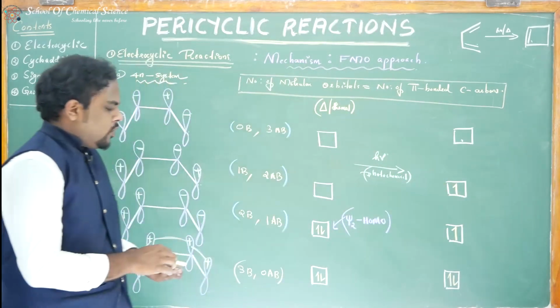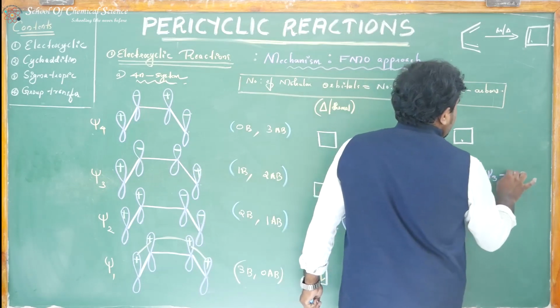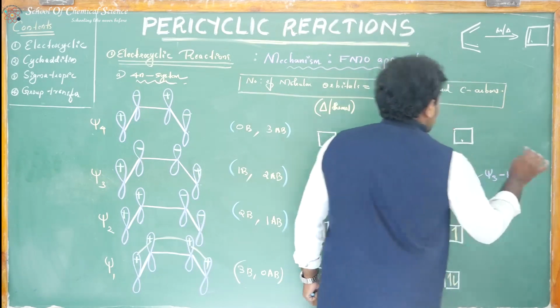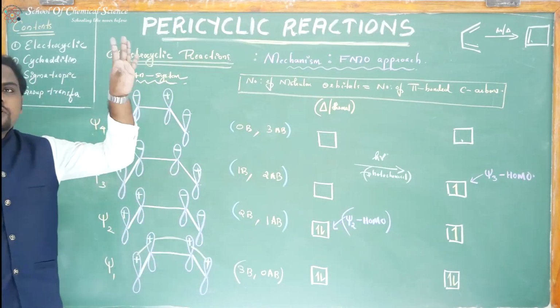So here what is the HOMO? Here psi 3 is the HOMO. Okay. So in 1,3-butadiene,